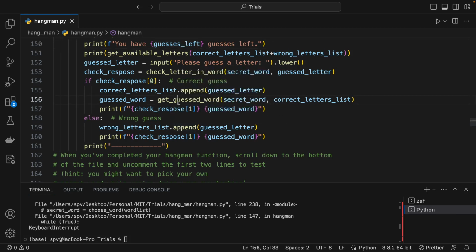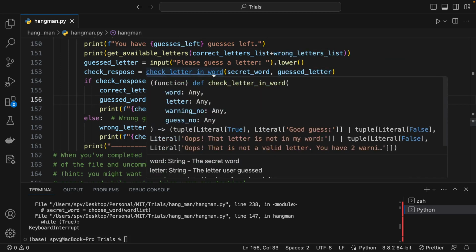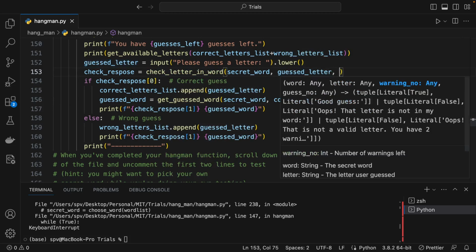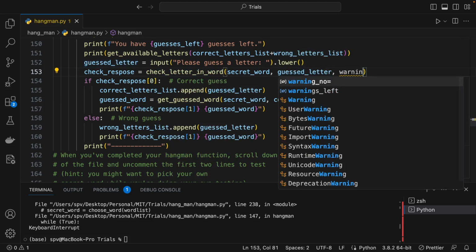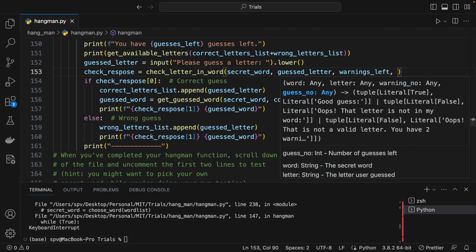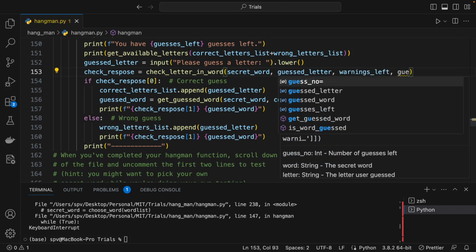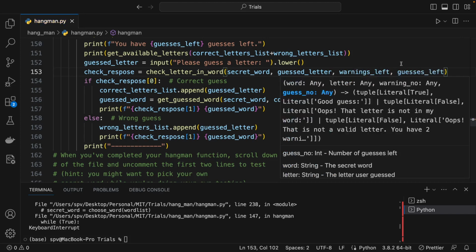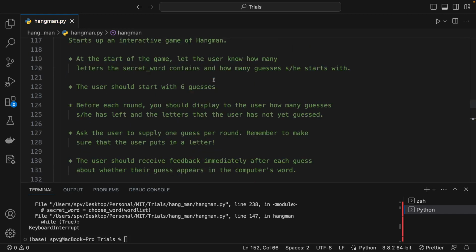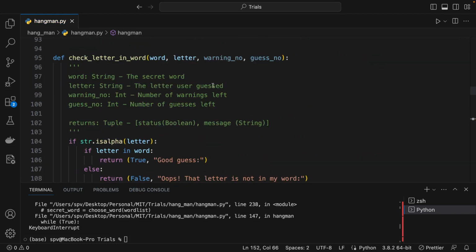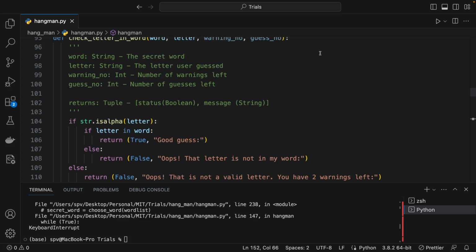Now we should pass the warning number and guess number here: warnings left and guesses left. Okay, now that information we will get here. Now, okay, now what we should do